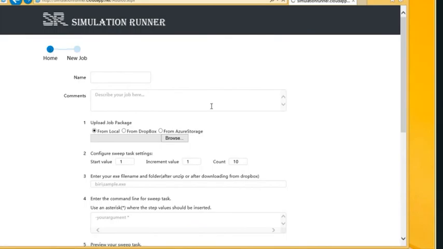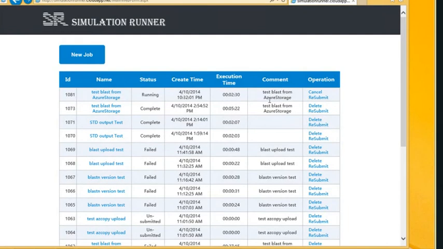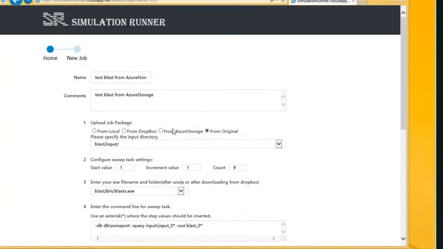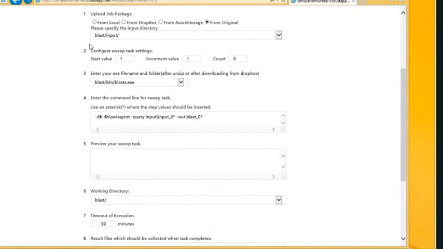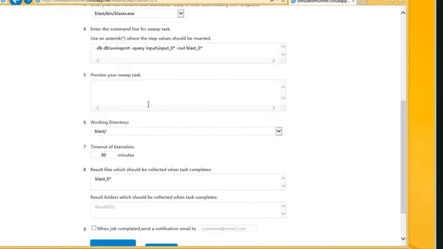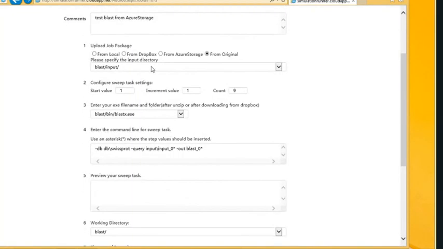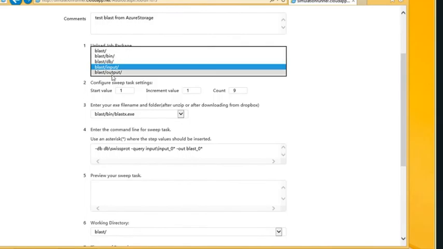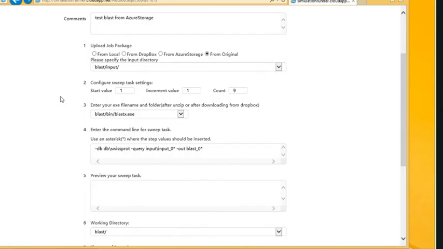So you can also resubmit jobs if they fail, right? So here's a job that I see that ran very well. I can simply click on resubmit, and it has all the different options filled out for you. So apparently this is actually from Dropbox. You can see the structure it read from the Dropbox and allows you to do the running here. So that's a demo of this piece of software.